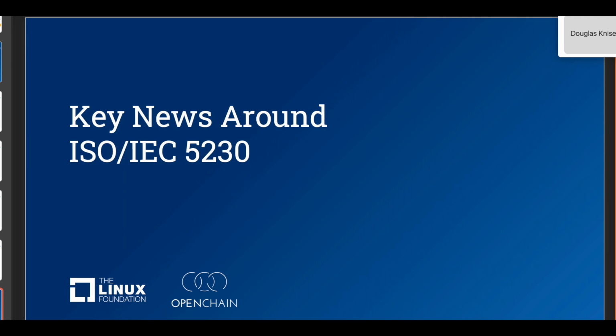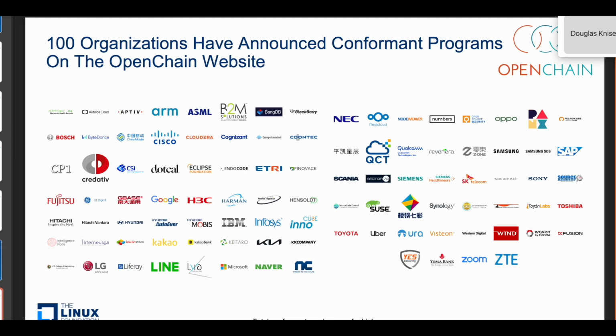You're encouraging the adoption of SBOM, but you're coming at it from the high-level process management approach. We've had 100 companies come to us and ask to be listed on our website as OpenChain conformant for the license compliance standard. But we know there's a lot more companies. PwC did a survey in 2021 and they found 20% of companies in Germany with over 2,000 employees were reporting they already used our ISO standard for open source license compliance.